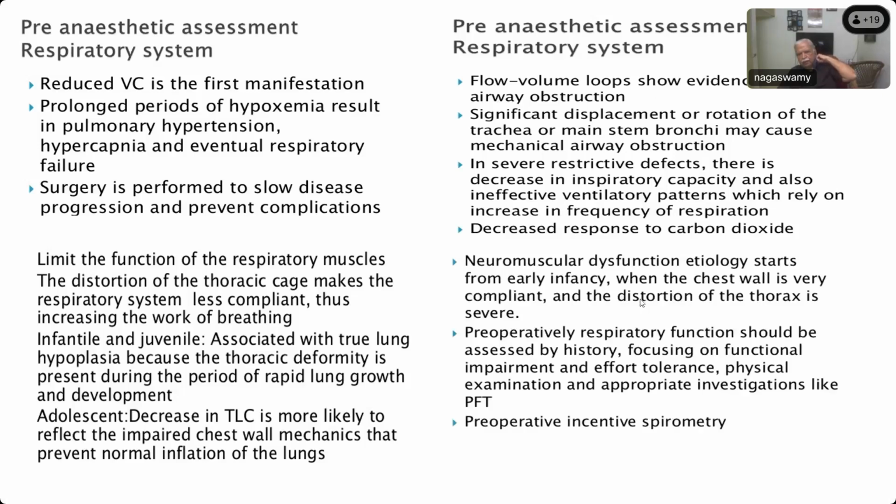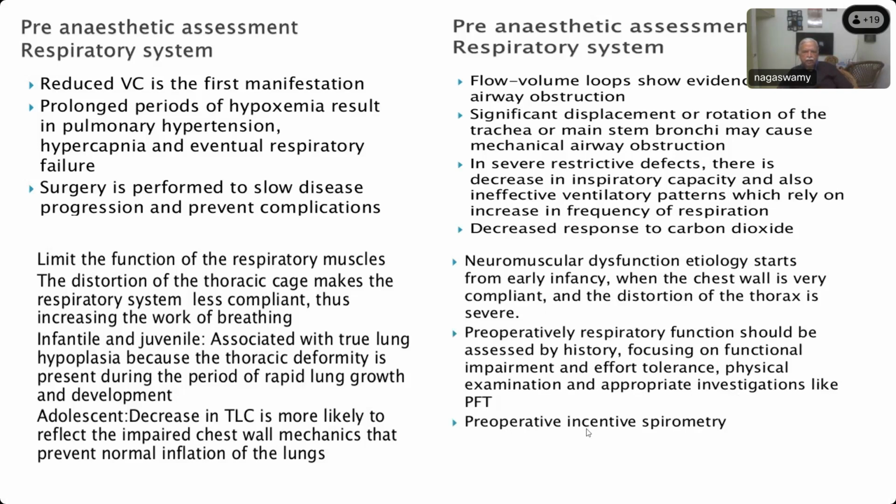Neuromuscular dysfunction also may be there. Don't forget to examine for other neuromuscular deficiency. Even though adult idiopathic scoliosis is the most common cause, sometimes they may be associated with all these other neuromuscular deformities. And preoperatively, respiratory function should be assessed by history, focusing on functional impairment and effort tolerance, and also investigations